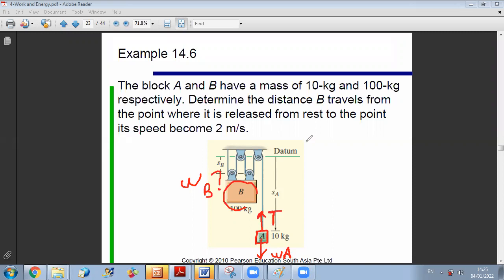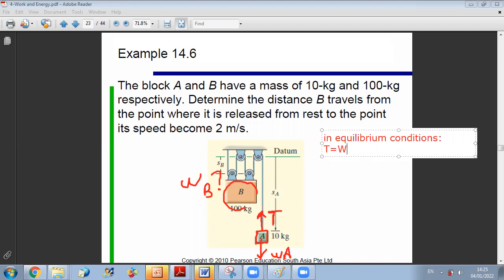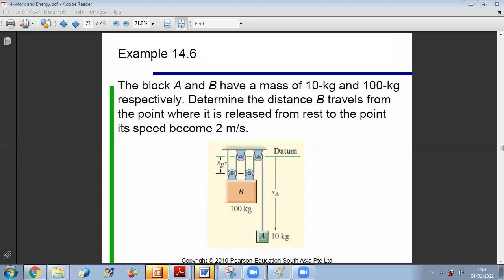In equilibrium conditions, the tension T should be just equal to the weight of A, which is equal to 10 times 10 equals 100 Newton. Now, what should then be the weight of B? How can we calculate it? Since you have the same cord, the tension will remain the same at any point of the cord. So now if you isolate your block B